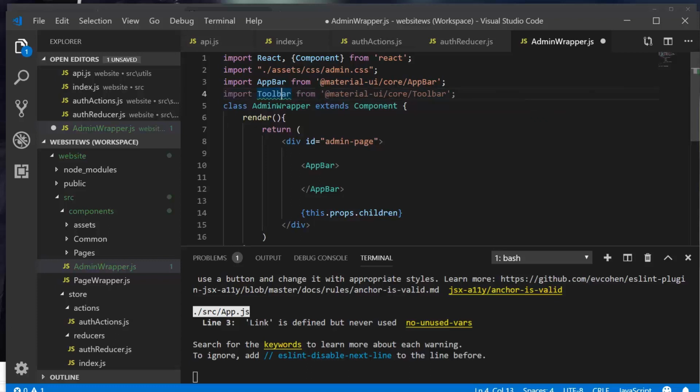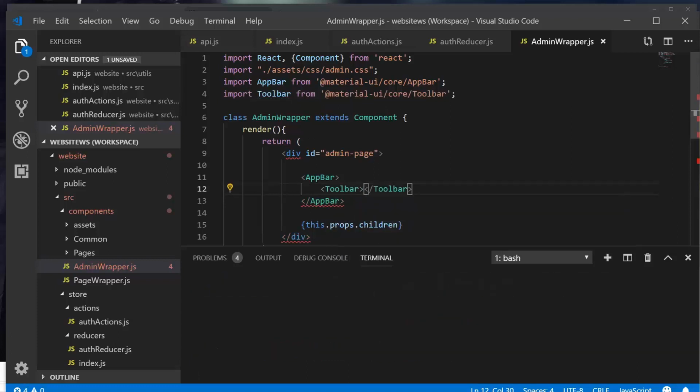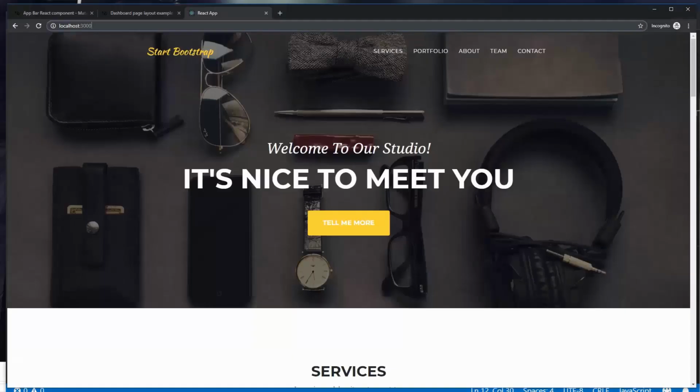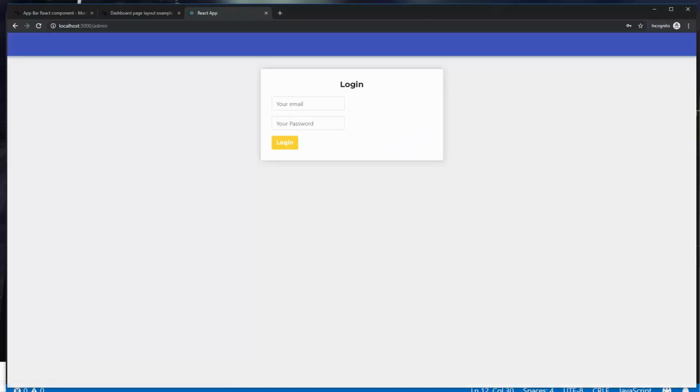It's actually all lowercase, toolbar. So we're going to put a toolbar here. And now if I save this and we go to /admin, we're going to see that we get this app bar in the toolbar, even in the login page. So what we're going to need to do